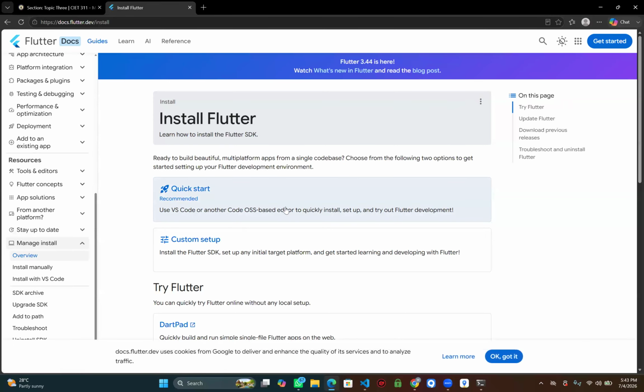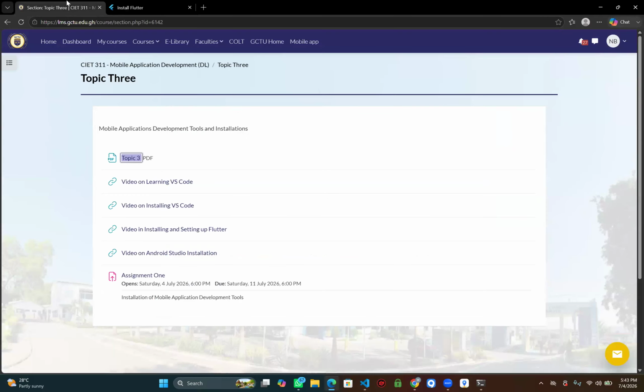Have you seen the URL? Can you copy it and send it to your browser and then enter and let's see? That is flutter.dev/document/get-started/install/windows.